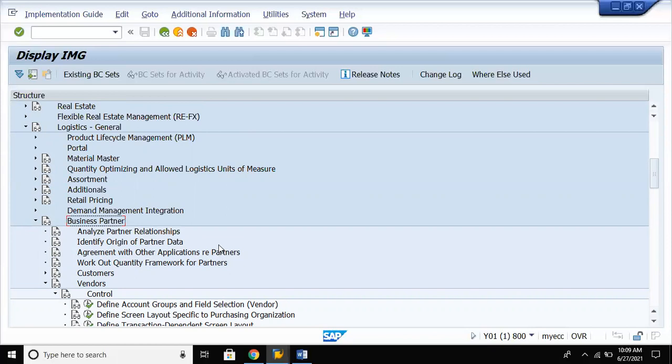Here you have Define Account Group and Field Selection Group. In that, let us create an account group.